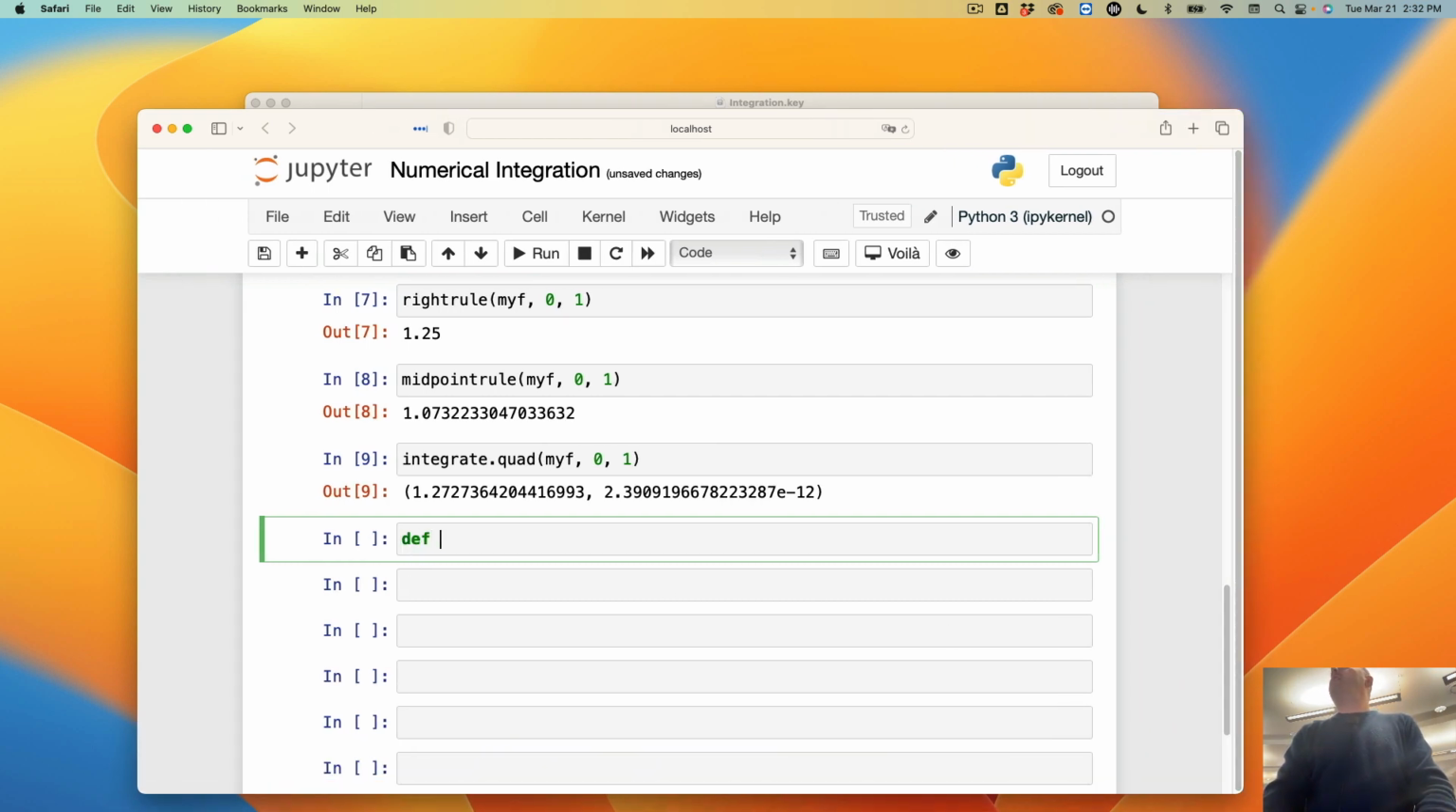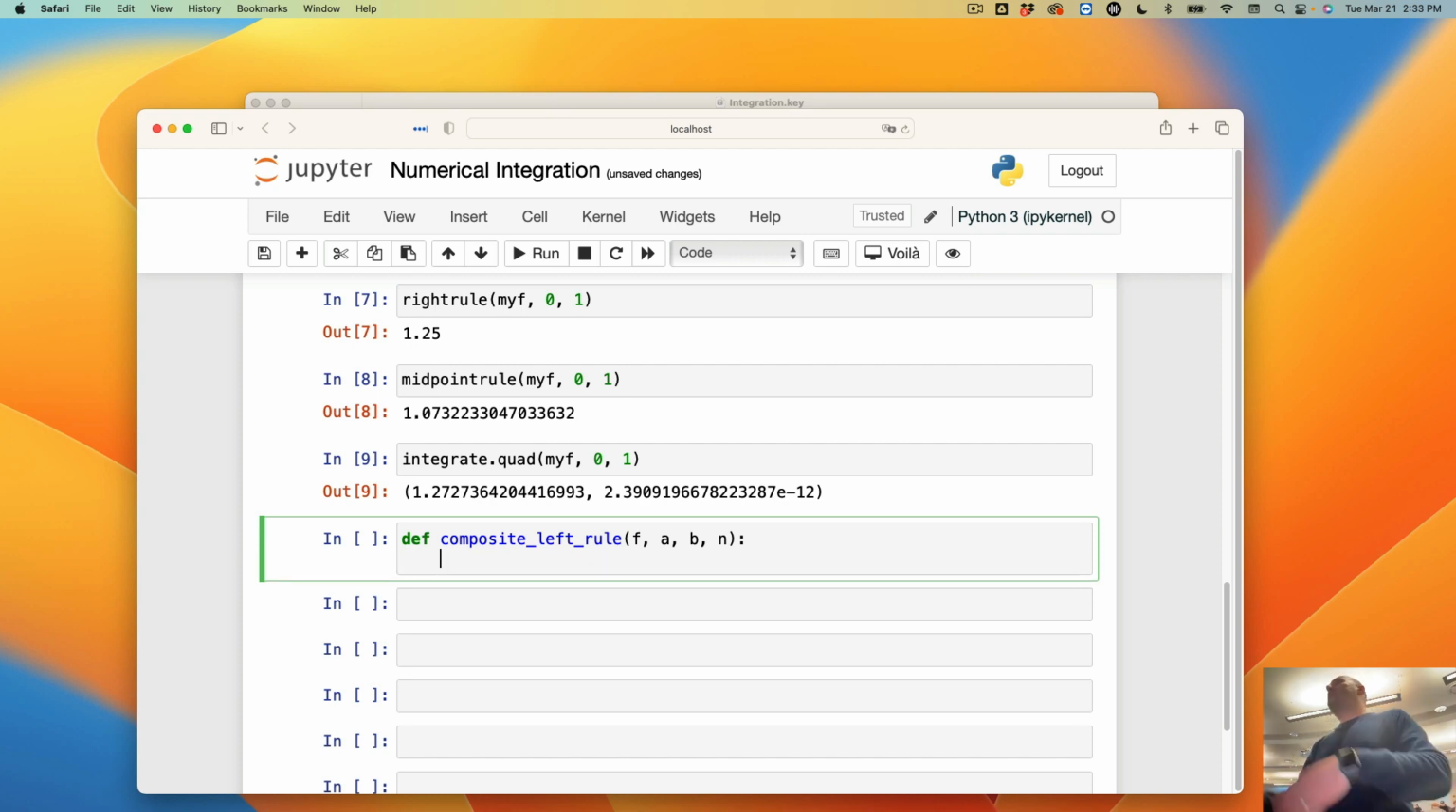Zoom in a little bit more for those in the back. We're going to define composite_left_rule. That's going to take a function f, the interval a and b, and a number of segments n. So you can choose whether n means the number of points or number of segments. It really doesn't matter because you end up with one more segment or another. It's not a big deal. Here we're going to refer to n as the number of segments. All right. So first we're going to create a linspace